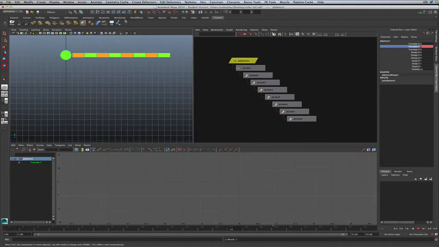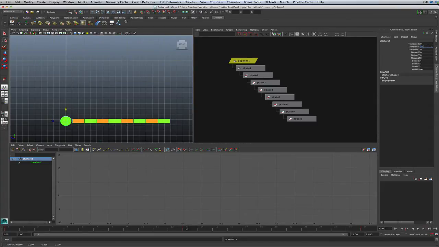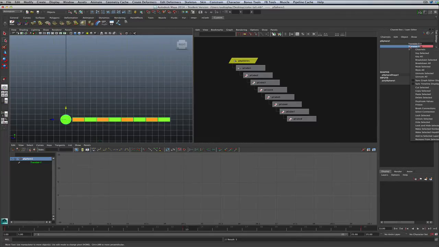Okay, and we're probably going to want that key to be exactly the same on the last frame, which is 25, so we'll key that selected as well. Then on frame 13, what we'll do is we can take this down to -6. And we can just as easily type that in. There's a couple ways we can get to it, but we'll take that to a -6, and again, we will key selected.